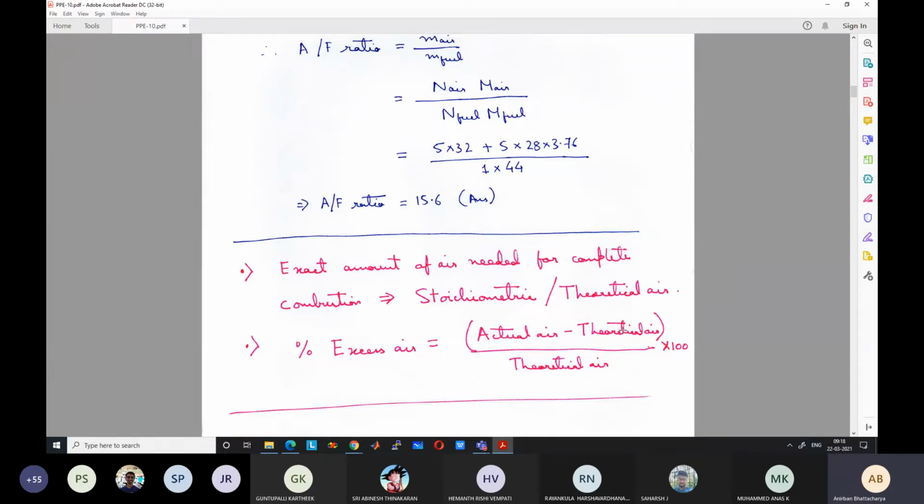But we can have a slightly higher amount of air, because if you exactly have a stoichiometric amount of air, the mixing may not be 100% uniform. The coal or the fuel is getting mixed, even in IC engines the fuel is getting mixed with air. If the mixing is not 100% uniform, there will be localized regions where there will be air which is less than the stoichiometric value, meaning more fuel will be there.